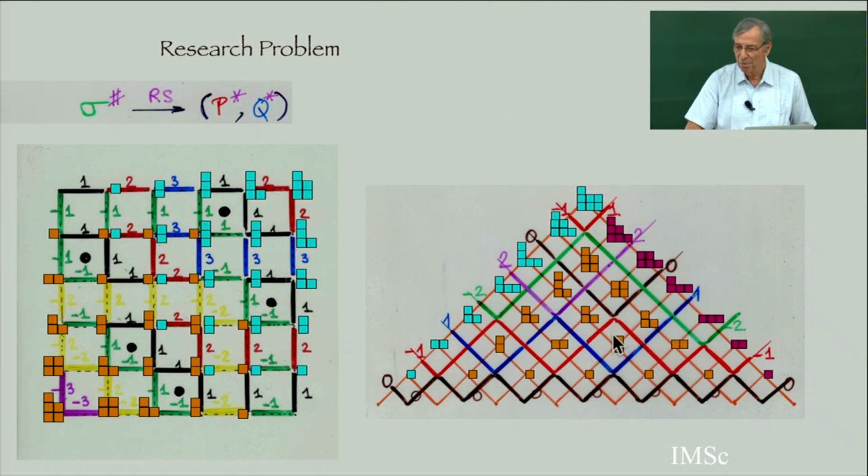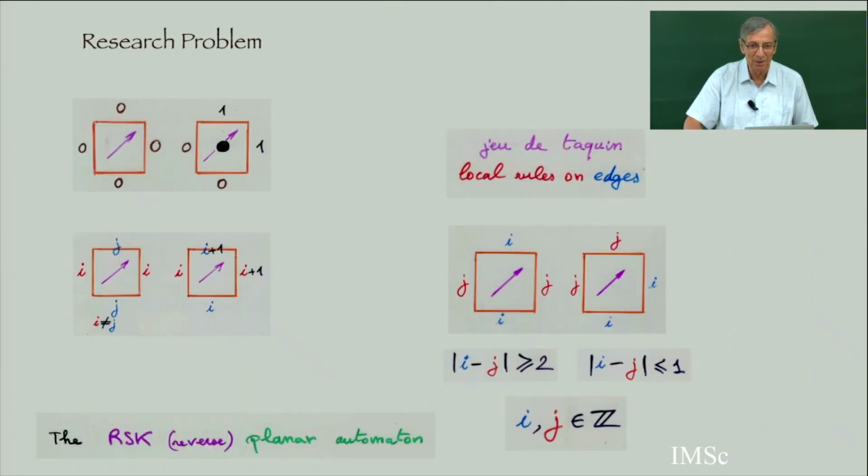I looked carefully, but I don't know if it's possible; this is a kind of research problem. When you put the rewriting on the edges, you have this rewriting, which gives you the Robinson-Schensted correspondence. Now, if I do this rewriting, we have seen that we get the jeu de taquin on the edges.